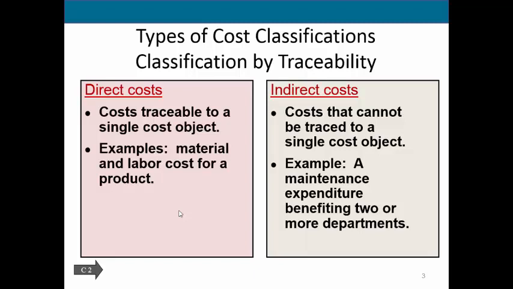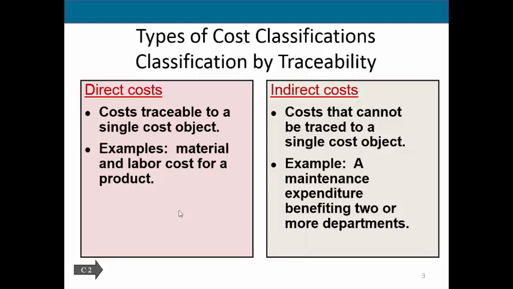Indirect costs are items that cannot easily be traced to a single item. So let's go back and we'll think about the example that I gave for a fixed cost. I mentioned rent on our building, rent on our manufacturing building, in fact. That rent is important because if we do not pay rent, we won't have a manufacturing facility, and therefore we will not be able to make any bikes. So can you see that the rent, the expense that we pay for the rent on that building, is relevant to the bikes that we make?